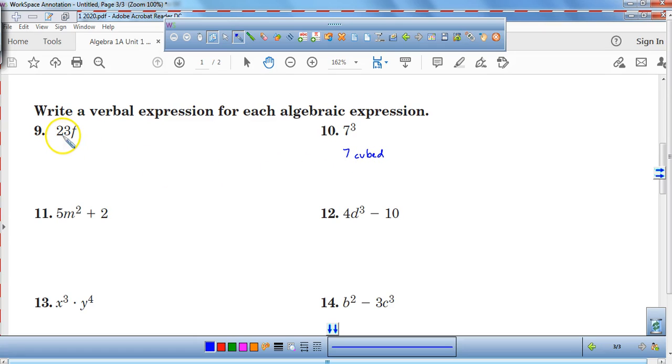You could say the product of 23 and f. So let's do a little more difficult one. Ooh, I like this one. So if you want to, you could write this one down. Right, 4d cubed minus 10. But we're not going to say 4d cubed minus 10. We're going to say, let's make it a little bit fancier, the difference between